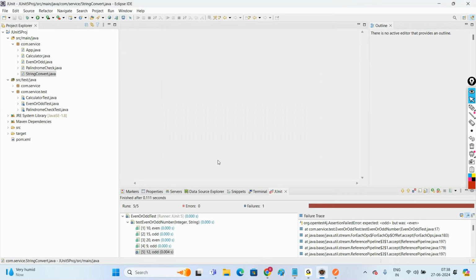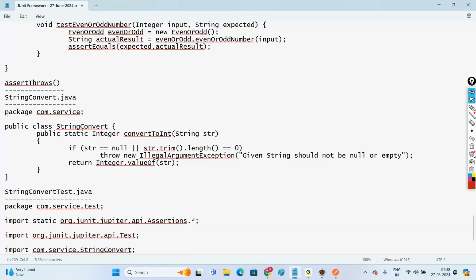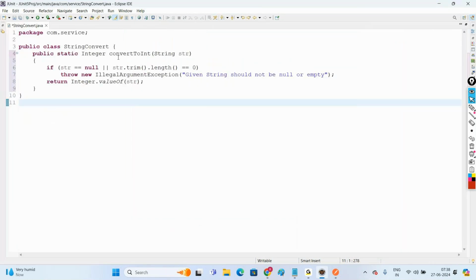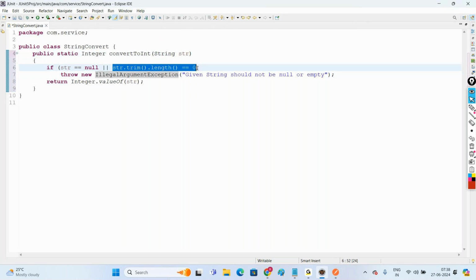Let me just take the code directly. What you are doing in this StringConvert is, you are going with a method convertToInteger, and whatever string argument you pass, I want to convert into an integer. First of all, whatever string we have taken, we have to check whether we are able to convert it or not. How to check? If the given string is null or if the string has only spaces. So we are checking here str.trim().length() equal to 0, meaning once you remove the white spaces using the trim method,